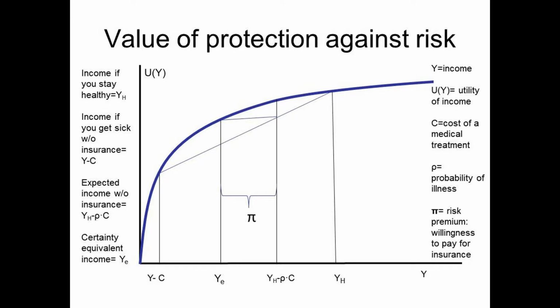We're trying to come up with a quantitative estimate of how much this protection against risk, this protection against catastrophic financial loss, is actually worth in money terms. This is a standard way of trying to estimate the value of a risk premium. In this diagram, exactly how much jargon should I use? I'll try to keep it to a minimum.